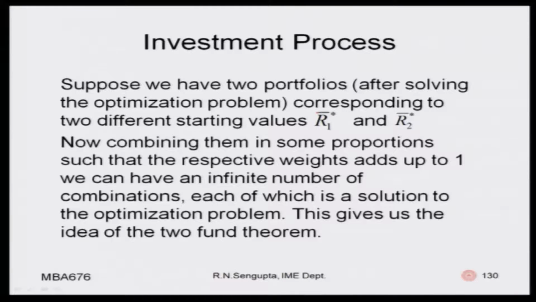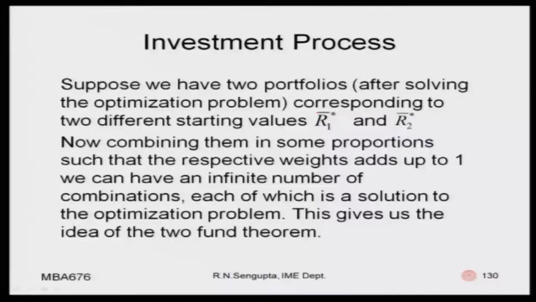So, suppose we have two portfolios. After solving the optimization problem corresponding to two different sets of returns, one is R1 star and another is R2 star. I am not using the word bar, bar is basically the average. So, R1 bar star and R2 bar star, which are the average values. Now, combining them in some proportion such that the respective weights add up to 1, we can have an infinite number of such combinations between these R1 star bar and R2 star bar, which would give all the infinite points